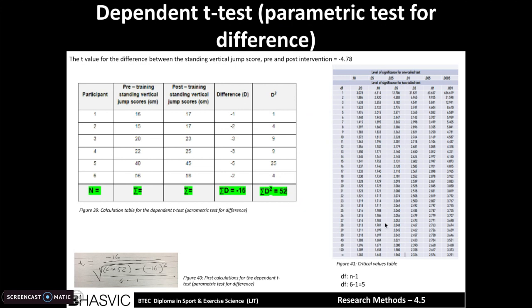Shown in figure 40, once I had got my initial calculation, I multiplied 6 by 52, which equaled 312. Then I multiplied minus 16 squared, which equaled 256. I then subtracted the 256, the previous number, from 312, which equaled 56. From that, I subtracted 1 from 6 to give me 5. I did 56 divided by 5, which gave me 11.2. Then I found the square root of 11.2, which equaled